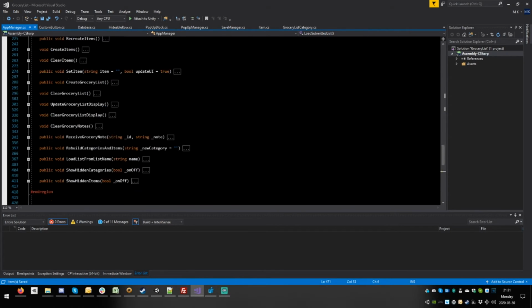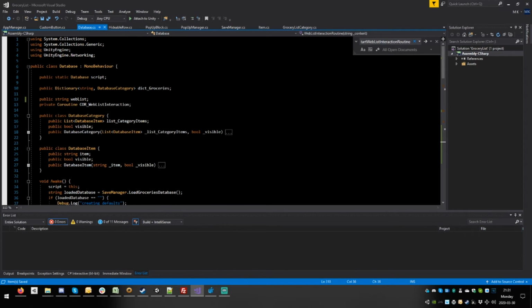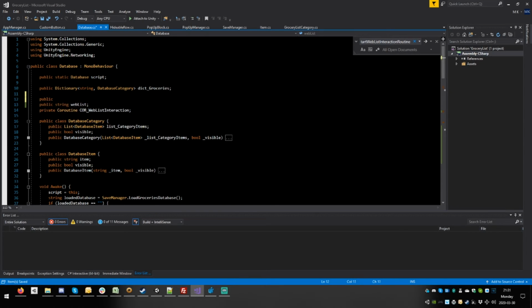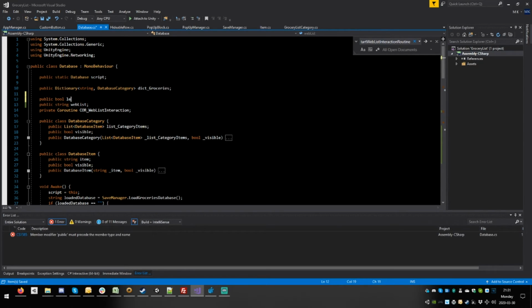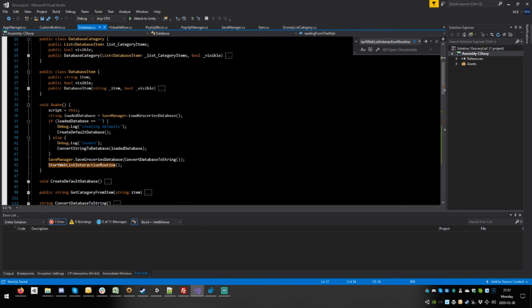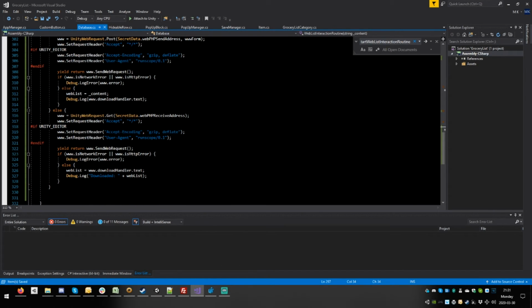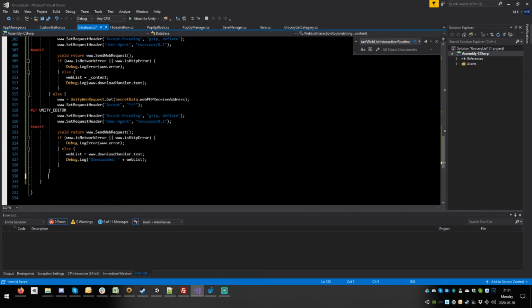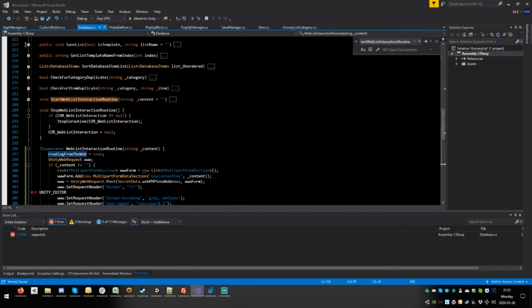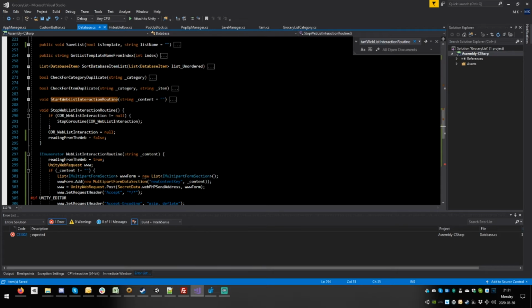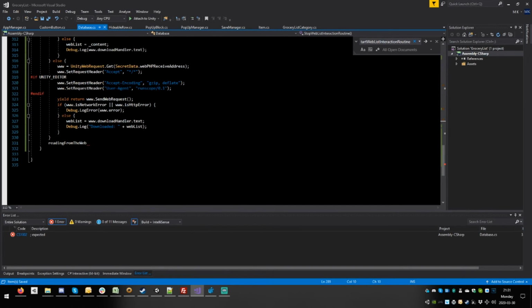We are going to create a boolean in the database that's going to be public. Public bool loading reading from the web, something like that. Okay, and we're gonna say that when this starts reading from the web, it becomes true. And when this ends reading from the web, it becomes false. Actually, tell you what, let's stop makes it reading from the web becomes false, and at the end we are going to call stop right here. Okay,